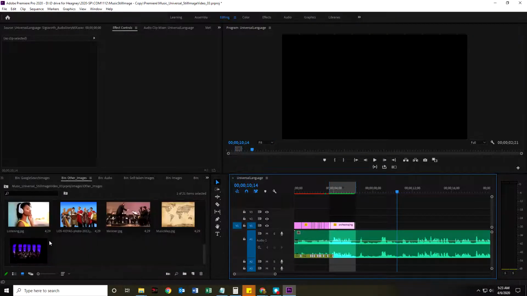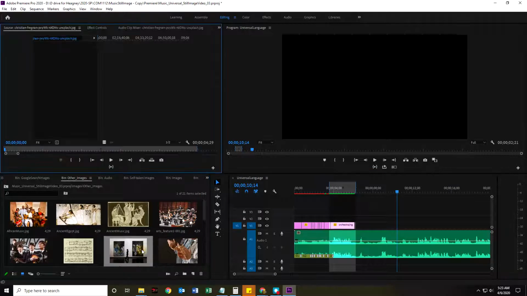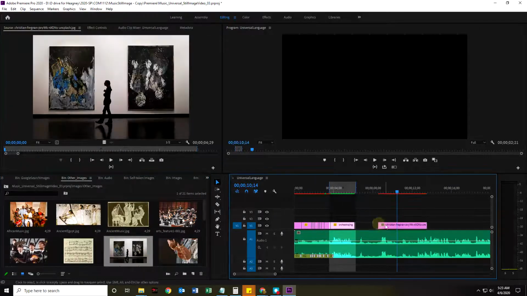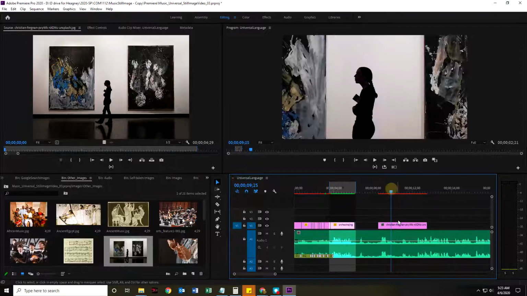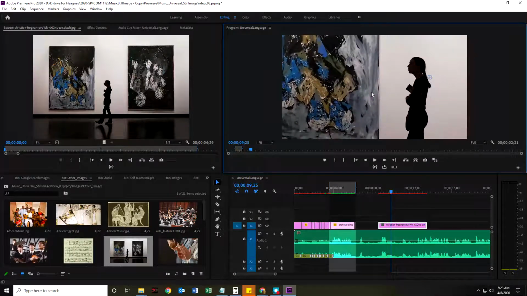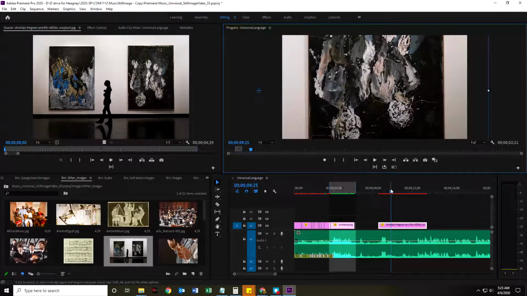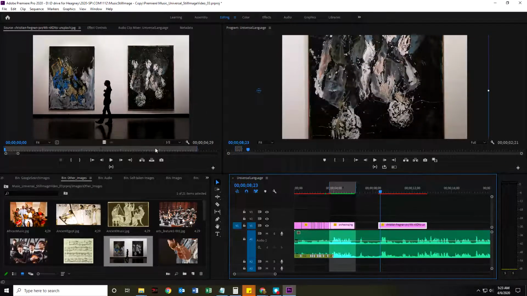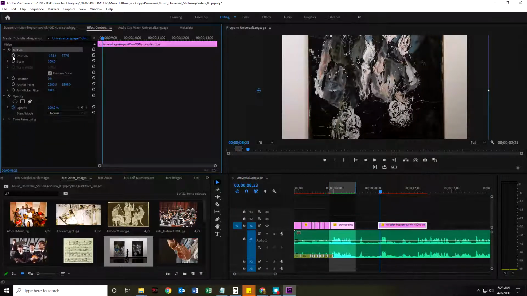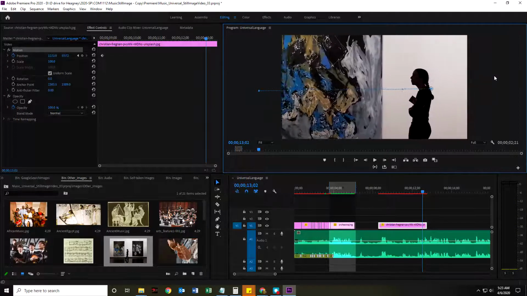I want to find a... Let's do this one. So drag this in here. Yeah, there we go. Let's say we go like this. There. Let's say I start here, and I'm going to go to my effects controls. If I animate position, drag my playhead over here, double click in my program monitor, and move it this way,